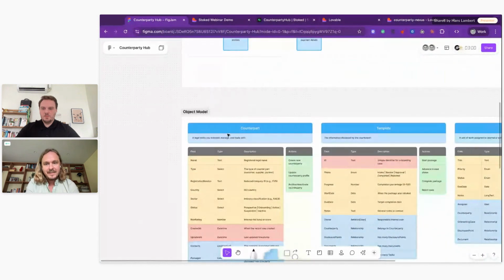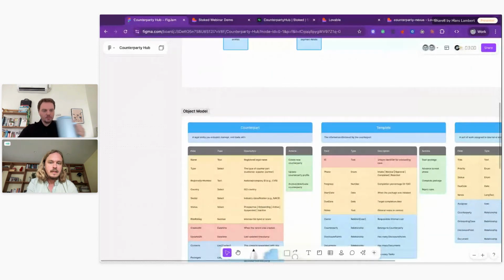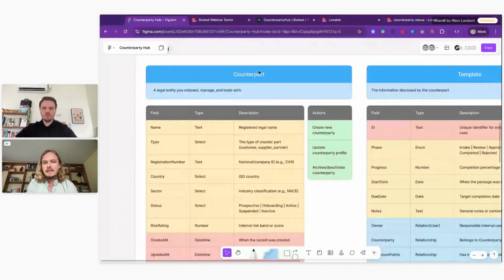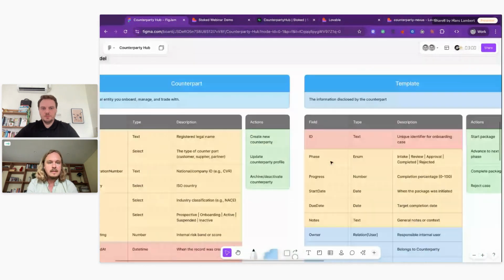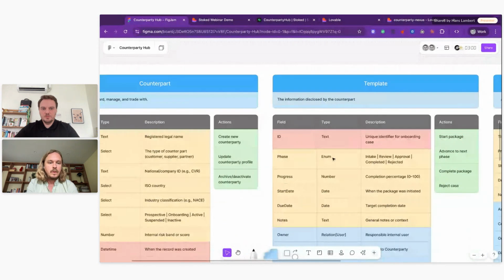Then in the product architecture, we also work a lot with what we call an object model. So that's essentially saying, we have counterparts in the application. Well, what information do we have stored about these? What are the actions I can perform on these? We have some templates. What does that cover? And all of this is work that we highly recommend you do before you dive in, so that you get